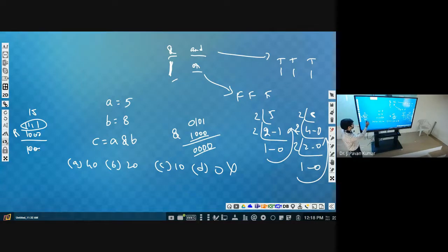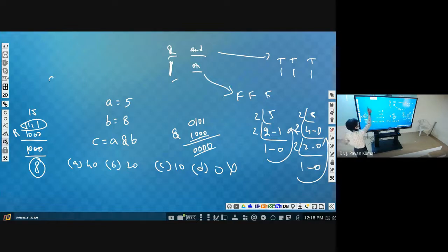So it will be 1000. What is the decimal equivalent of this? 8. So if the a value is 15, then a and b will give 8.